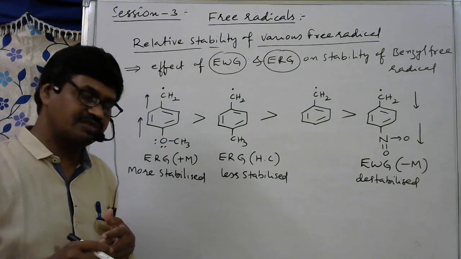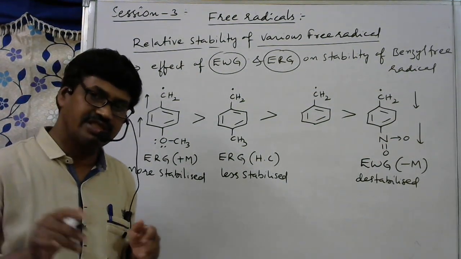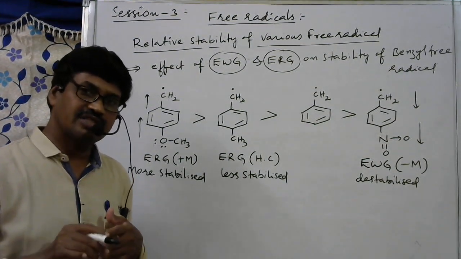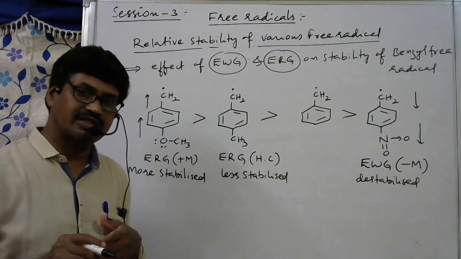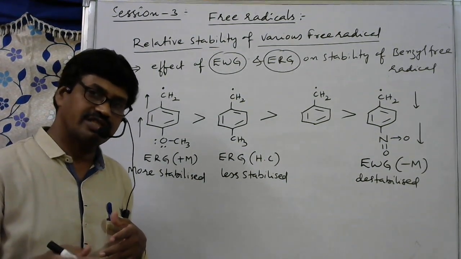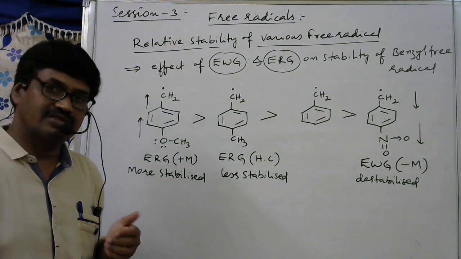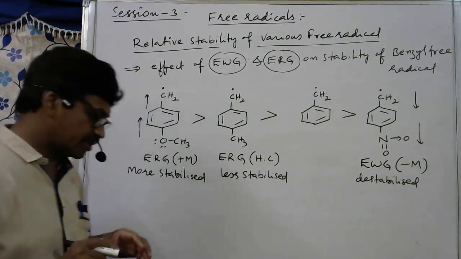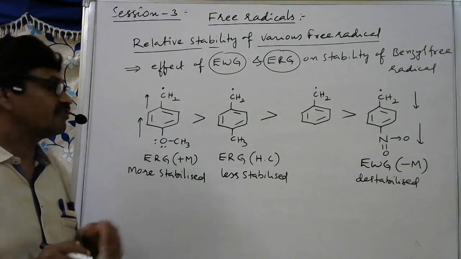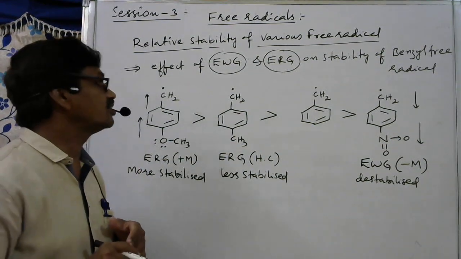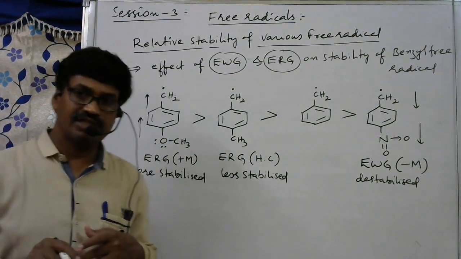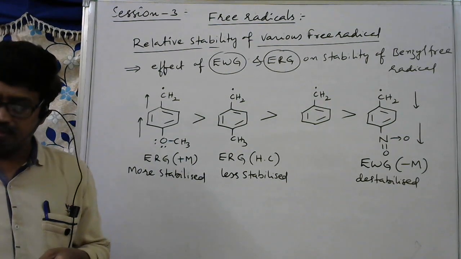Because organic chemistry, just by watching or just by reading, it is not possible. By solving only, you can get more concept. Some more depth of concept you can get by solving as many questions as possible. That is important. Then this is about the effect of electron withdrawing groups and electron releasing groups on the stability of benzyl free radical. Then the next thing is